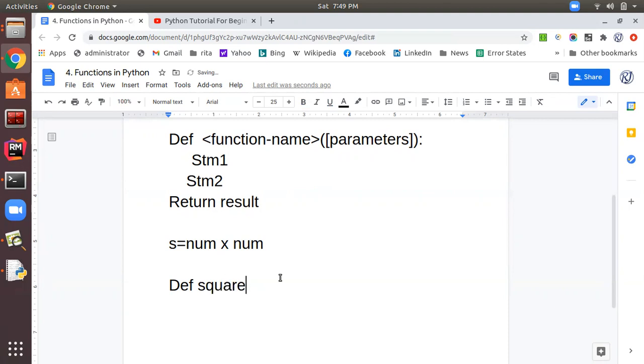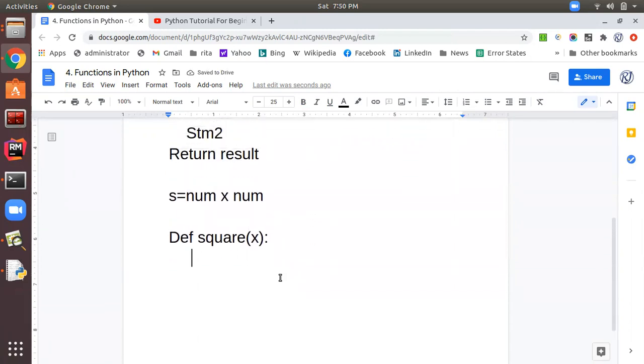Function name is square, and inside I can give any variable x whose square I want to calculate. After that I will give colon, then I'm going to define the body part, so I have given indentation.